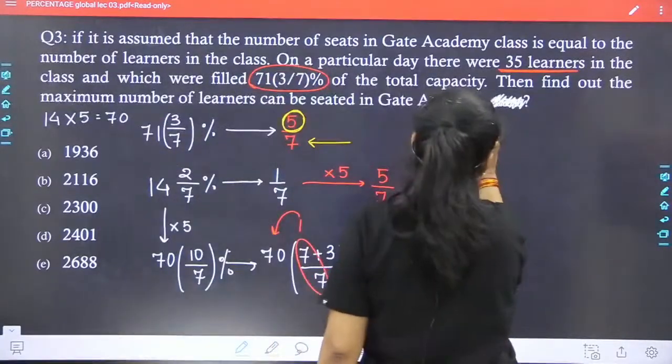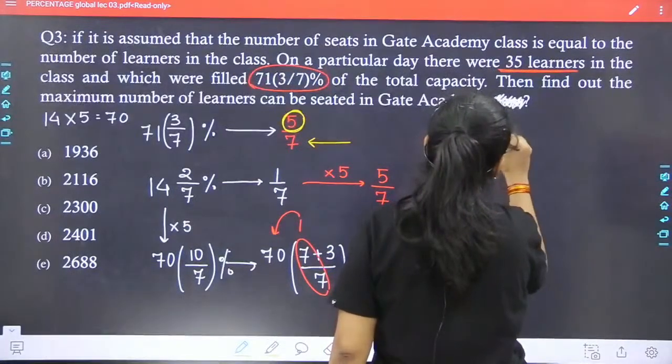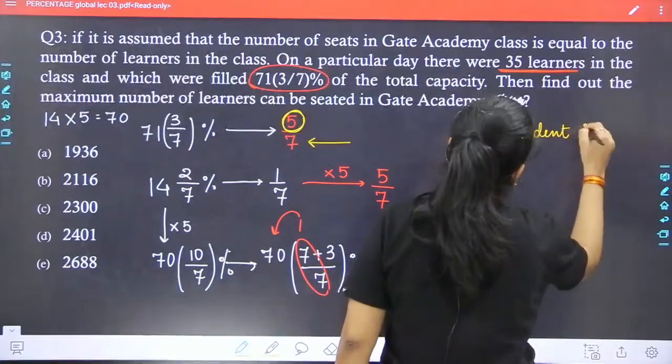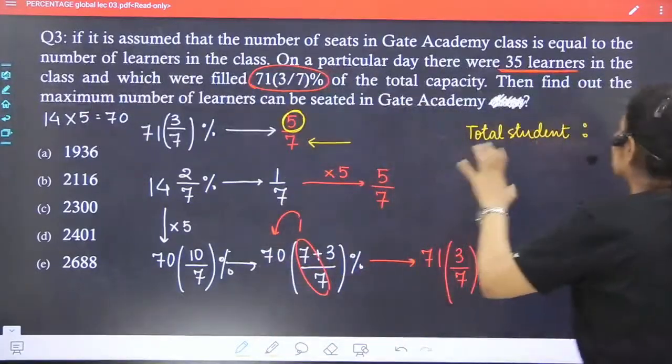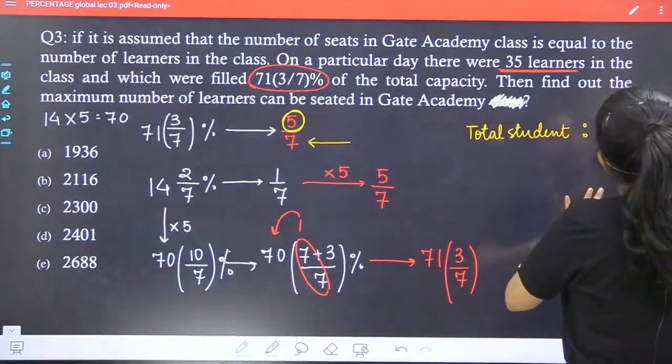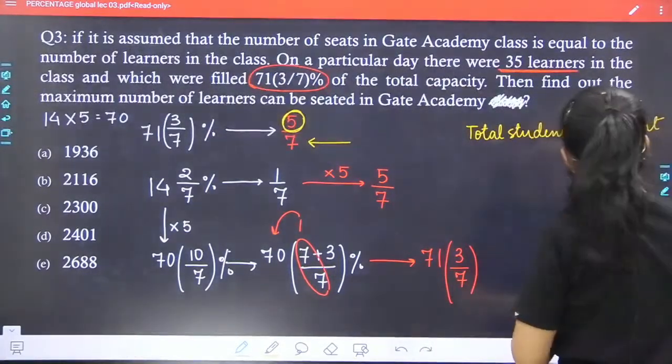So if I write the ratio between the total students in a single class to the students on that particular day,